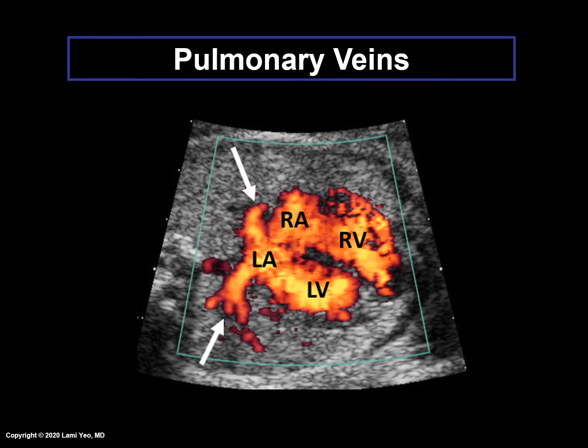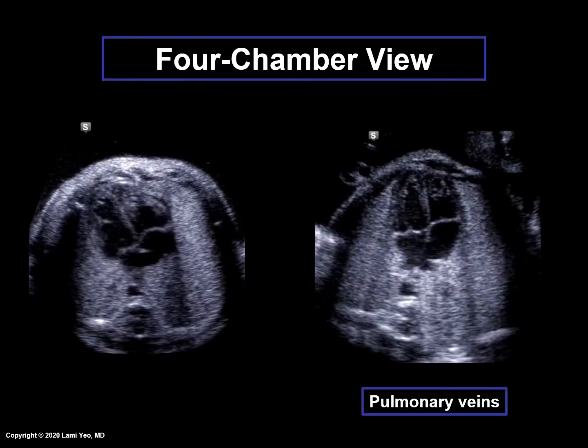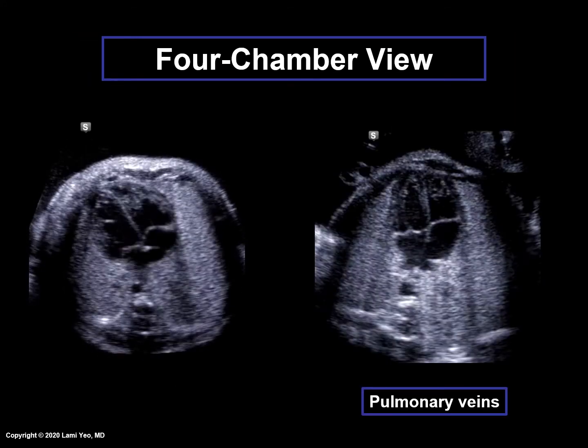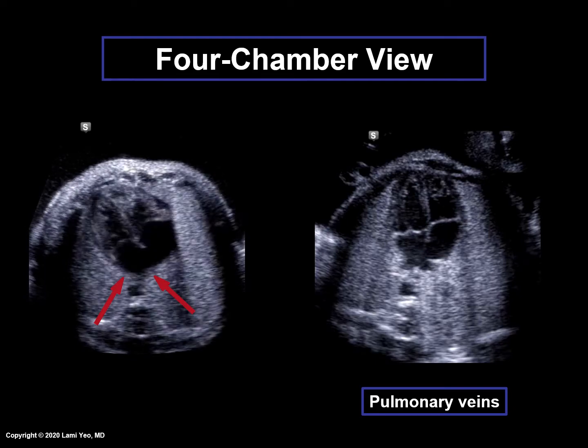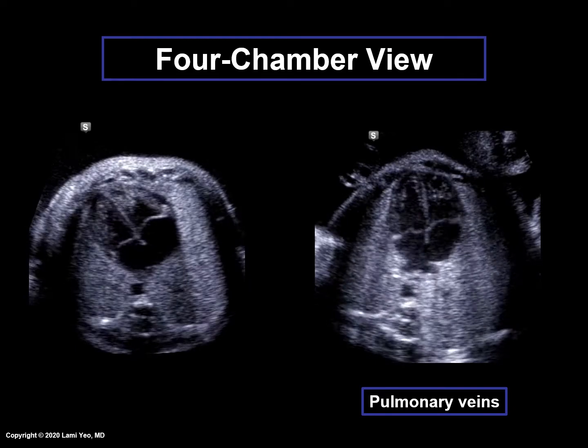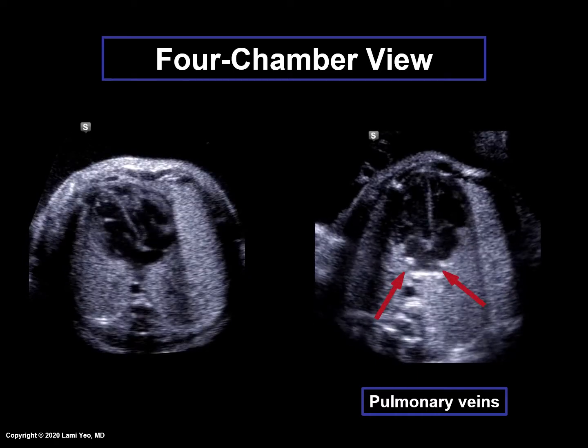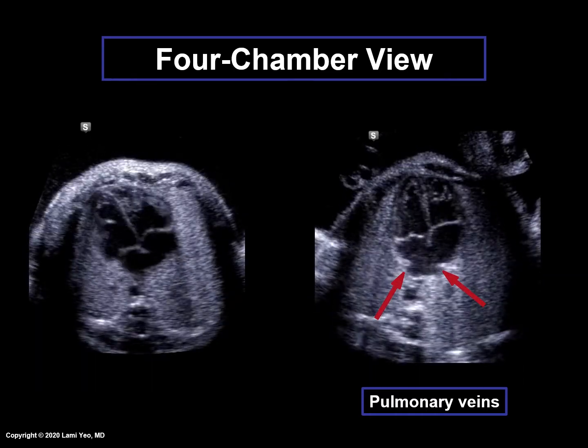For example, pulmonary venous anatomy, shown by the white arrows, should be evaluated when performing fetal echocardiography. The objective is to rule out the cardiac condition known as total anomalous pulmonary venous return, in which the pulmonary veins do not connect to the left atrium as usual. The image on the left is the normal 4-chamber view, but the pulmonary veins are not well seen in this plane. By slightly moving the transducer, the pulmonary veins can now be seen entering the left atrium, as shown by the video clip on the right.